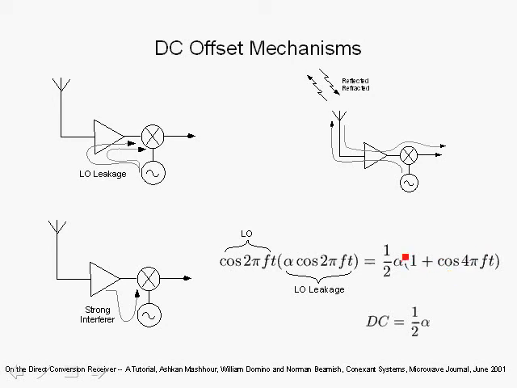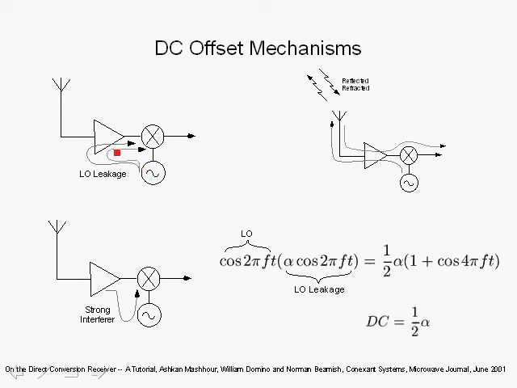However, we do get a baseband term whenever we have cosine squared of theta. That can be expressed as 1/2 times (1 plus cosine of 2 theta). The 2 theta component contributes to the second harmonic, which is filtered out. However, the baseband component here contributes to a DC term. So we have a DC term due to self-mixing from the LO,